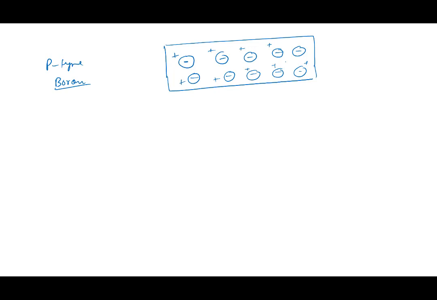So that's the picture that you're carrying. In a p-type semiconductor, there are a lot of acceptor ions. Boron in p-type is what we call an acceptor. Why do we call it an acceptor? Because it accepted an electron from the lattice and it became negatively charged. Right? It accepted an electron. So from the silicon lattice here,